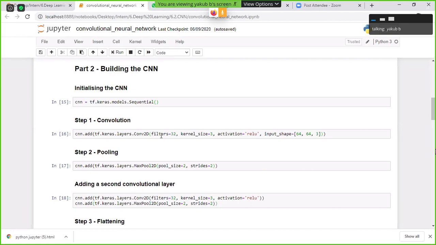Applying 32 filters means we are capturing 32 features from each and every image. Filters equals 32 means we are performing the convolution operation on the input image 32 times with 32 different filters.